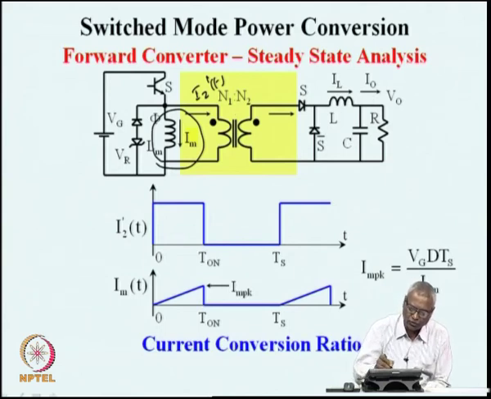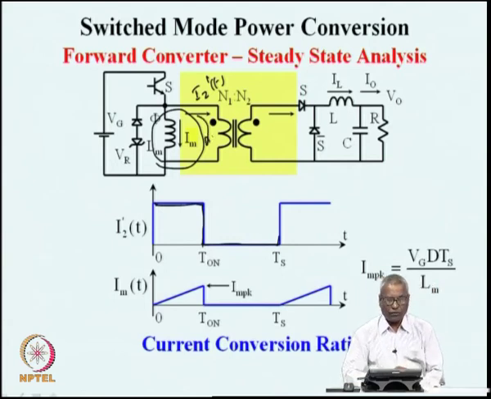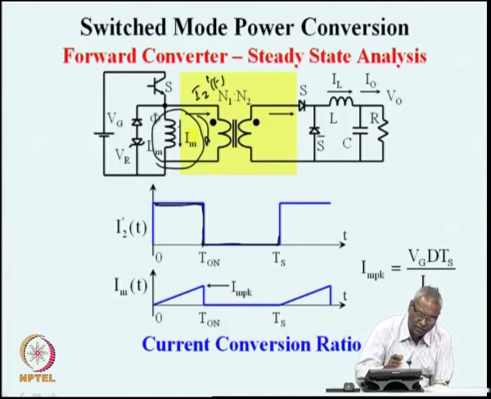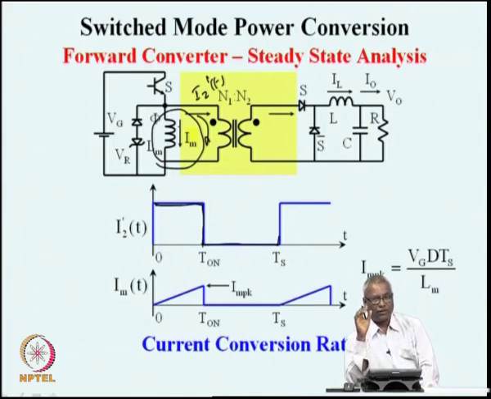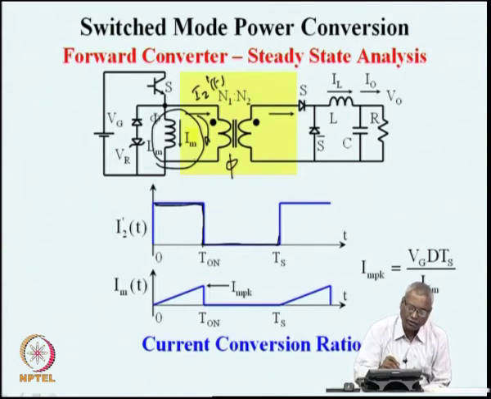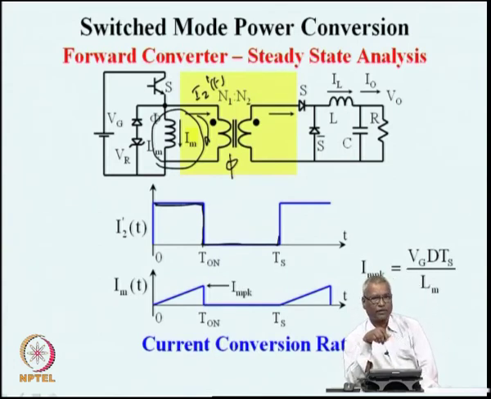I0 is what is flowing through that. If you reflect to the primary, you get a steady current of I2. This is what is flowing in the idealized transformer. But the magnetizing inductance we have separated as a separate process. The establishment of flux in the core is decided by a certain current in the transformer. We have defined all those currents.